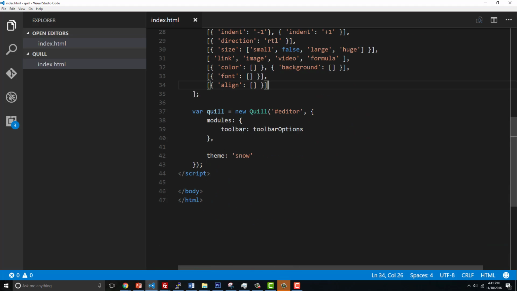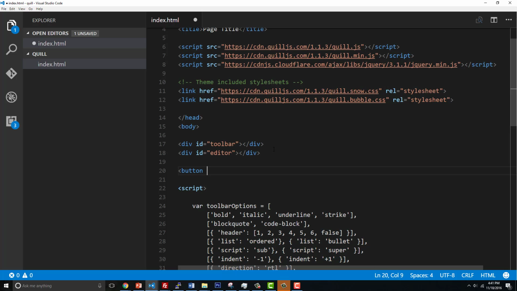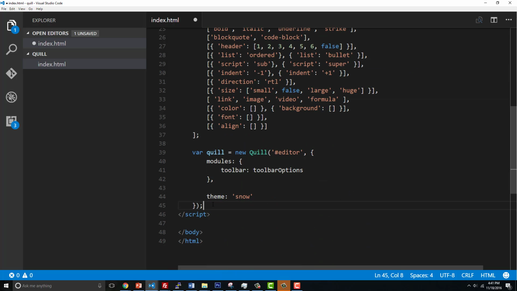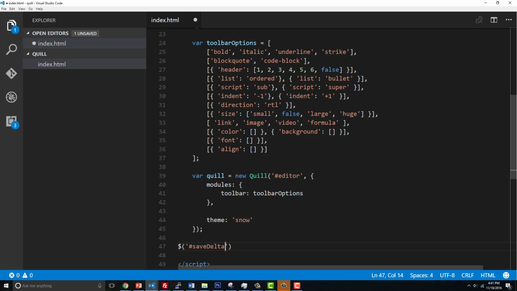So what I want to do is we're going to add a button underneath our toolbar. So we'll say button ID equals save delta. Save delta. All right, so now down here in my script, before the closing script, I'm going to do a jQuery click event to listen. So I'll say save delta dot click